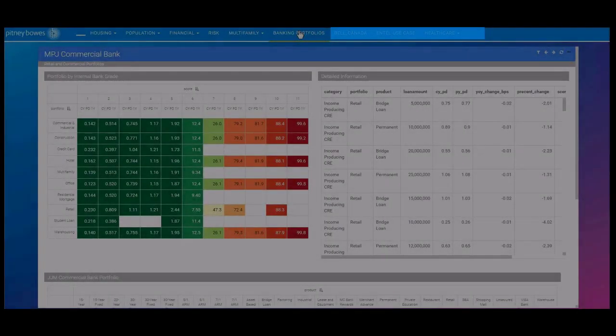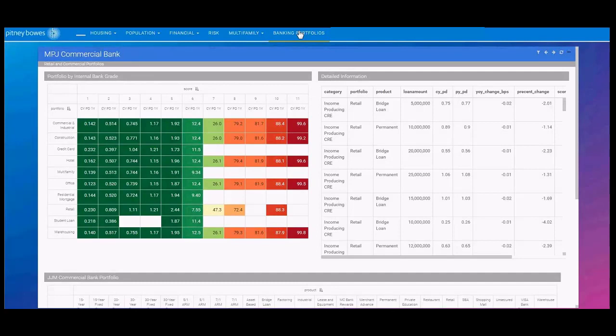What CRE portfolio managers strive to get from a BI tool or an analytics perspective is to know the biggest changes, improvements, or especially deterioration in risk. What you see on the left side, the portfolio by internal bank rate, is essentially the properties, and the loans that support those properties have been scored. It's very valuable for a commercial real estate portfolio manager, as anybody that is in the credit risk side of this, because they're very interested in biggest changes in risk on loans that